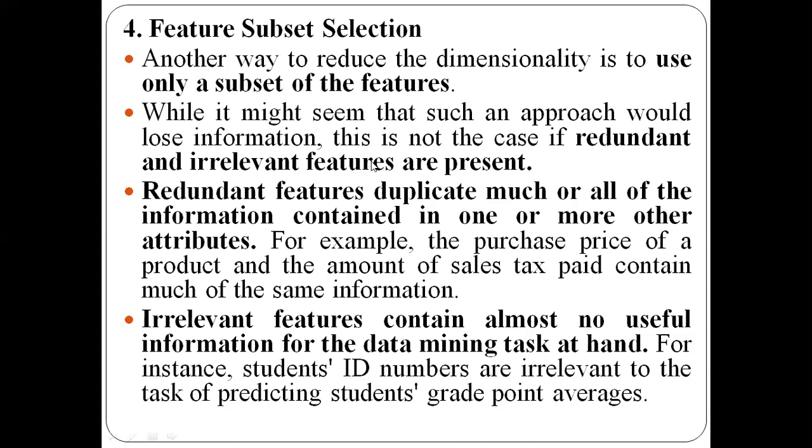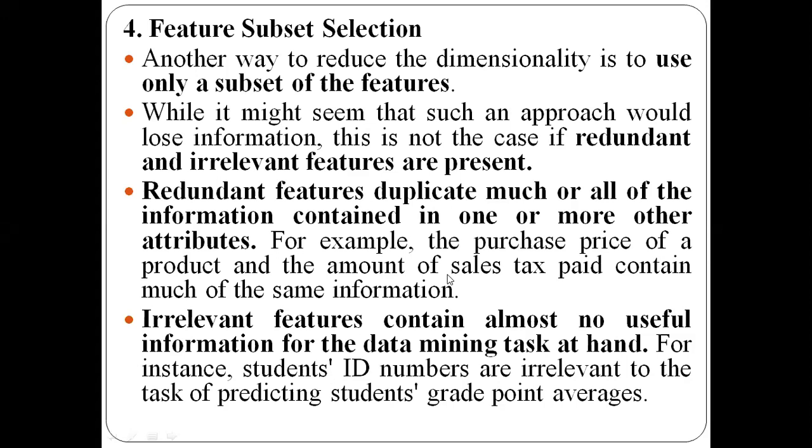For example, in the student data set, the student USN and the roll number both almost specify the same kind of data. I can use either the USN or the roll number; I don't require both. I can consider only USN, which is sufficient, and remove the duplicate or redundant attribute. In the same way, consider the sales information: the purchase price of the item and the amount of sales tax which you will be paying.